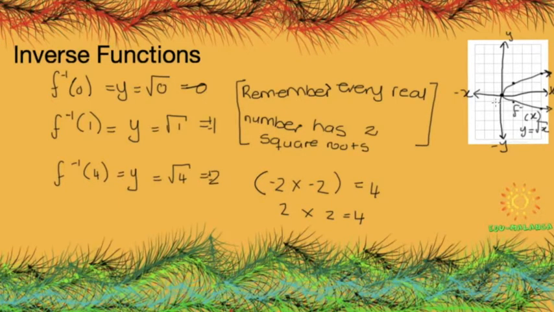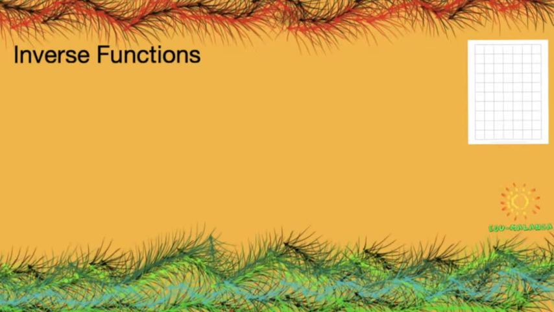Because now that many to one became a one to many, and a one to many isn't a function. So I'm going to first draw the two graphs now on the same plot so we can see it mirrored, and then I'll continue explaining about the domain and what that would do, and perhaps if we were to play around with the domain, can we get another function, or is it going to remain that the inverse is just not a function? So first I want to draw the graph itself,